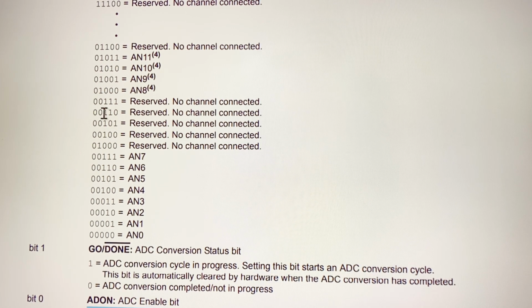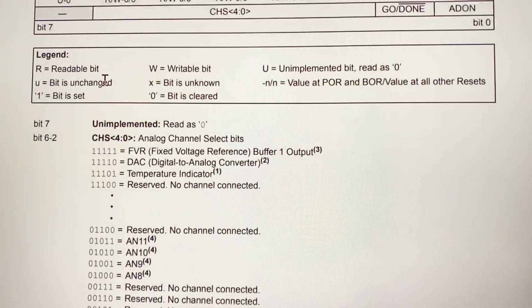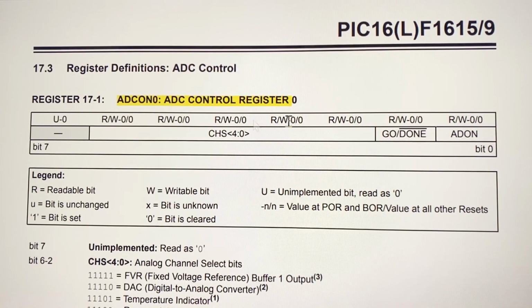Okay, and for these codes, from AN7 you jump to AN8. This is how you select channel 8, channel 9, channel 10, channel 11. Even though channel 11 looks like a number, that's 11 in binary. This is 10 in binary code. So this is how you first turn on the A to D, and then you select the channel